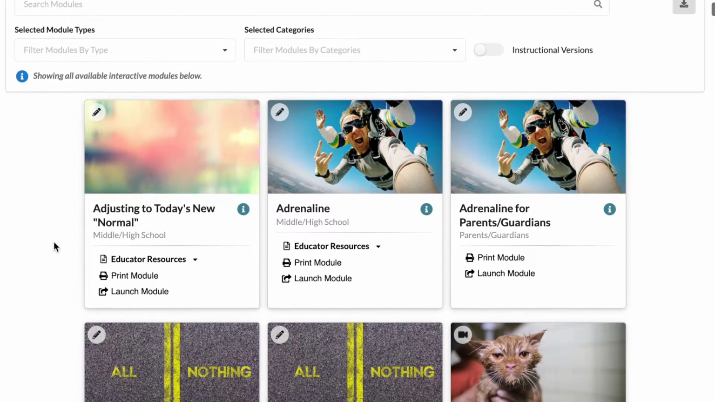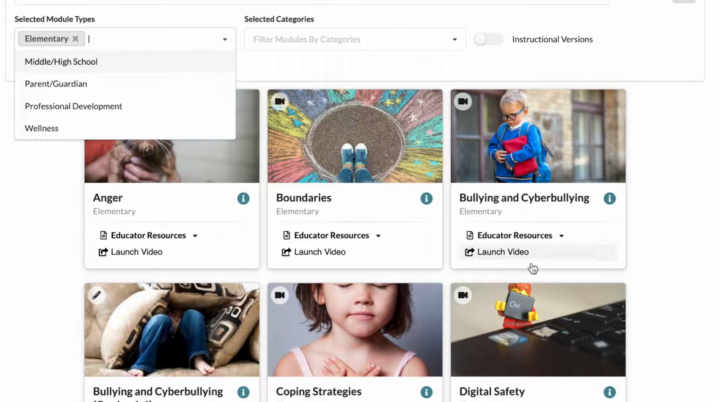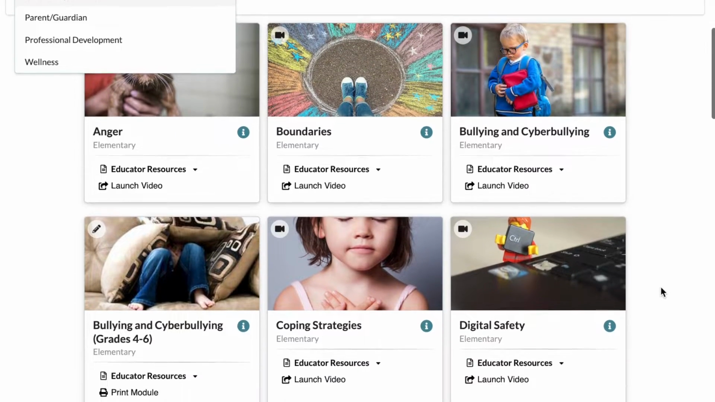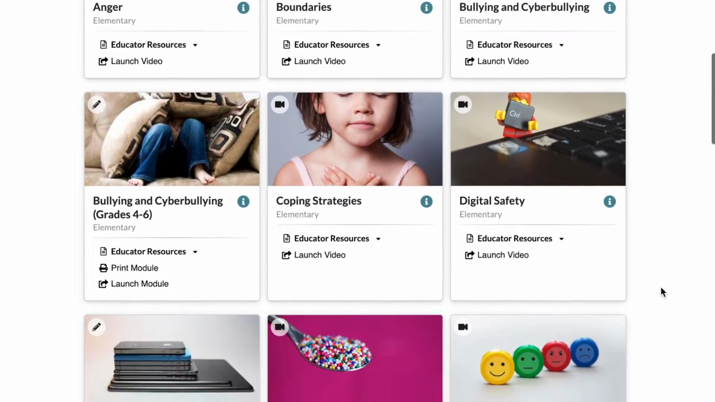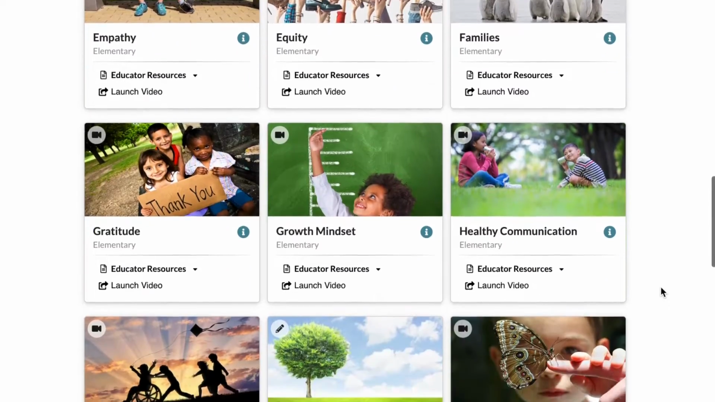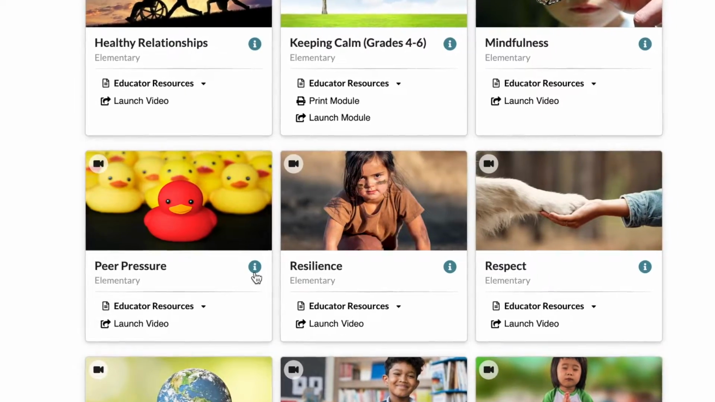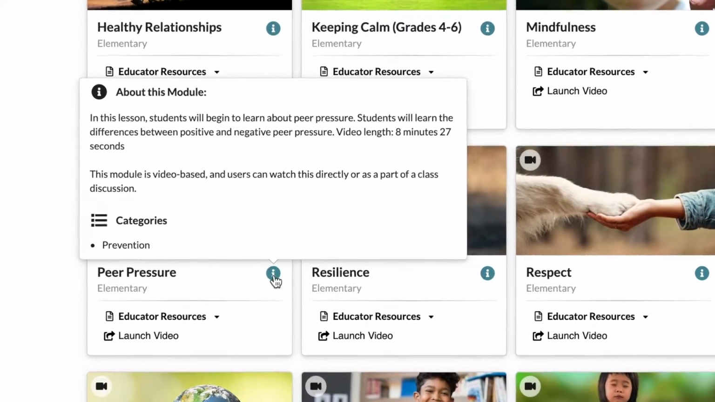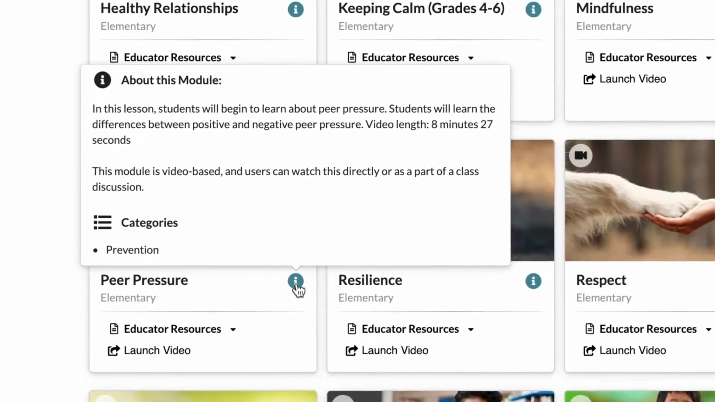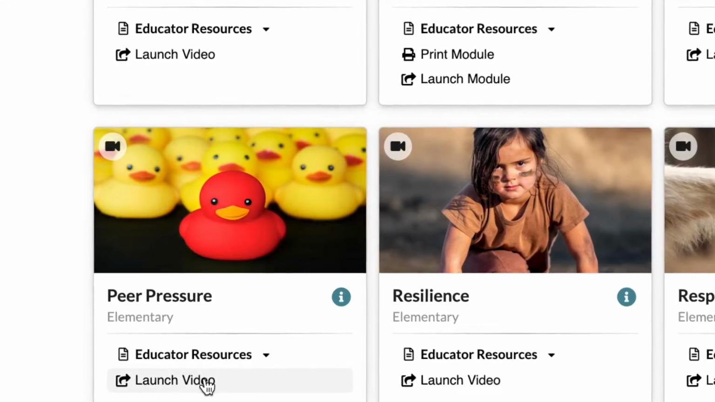Let's take a look first at the elementary modules. So I will click here and go to elementary. As you see, they're in alphabetical order. I am going to scroll down and find, let's see, one that works for us today, probably peer pressure. So I'm going to first click on the I and it'll tell me what I need to know about the module. The video length is 8 minutes and 27 seconds, for example,